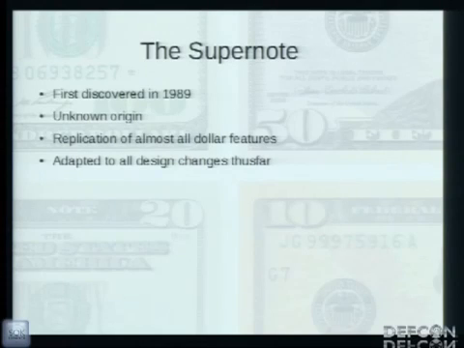Lastly, I'd just like to touch upon the supernote, which is what inspired this talk to begin with. The supernote is different than the type of counterfeit that I described in this proposed attack, in that it replicates all major features of the bills. So this includes the paper, the intaglio printing, the OVI, everything. And it does so with very high precision. Called the supernote because in the opinions of some people, in some cases it looks better than the genuine bill. This was first discovered in 1989